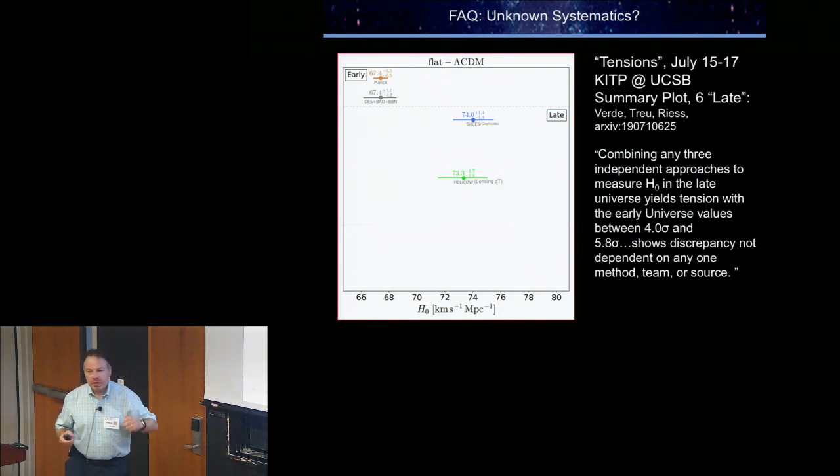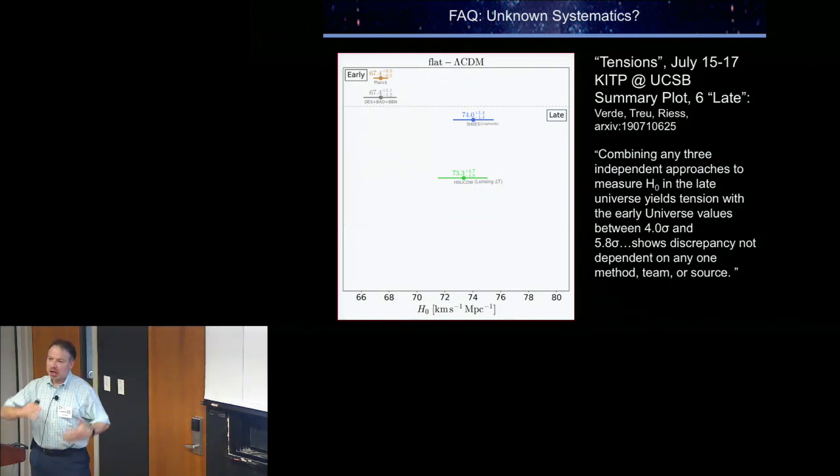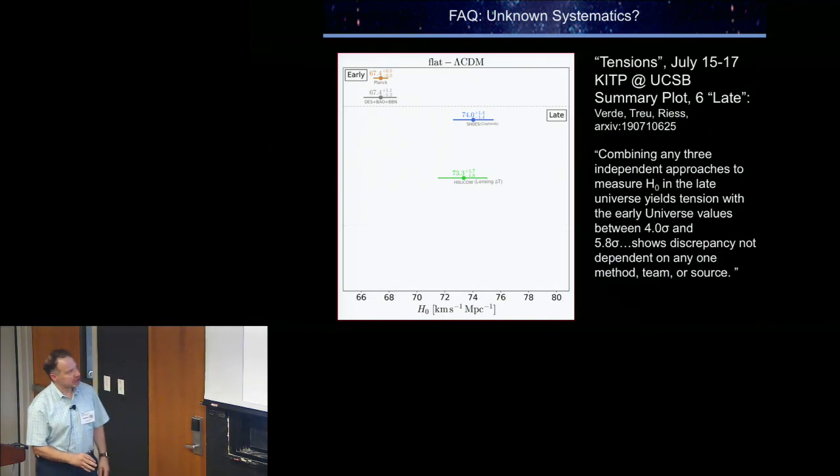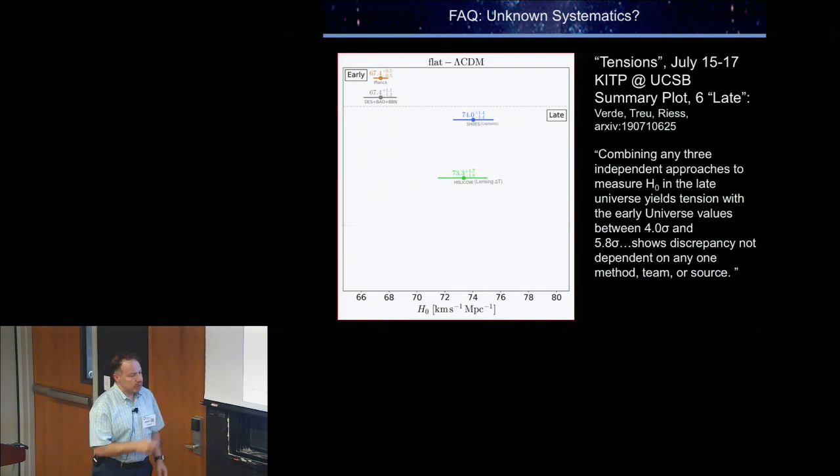Okay. The big one, right, is the unknown systematics. You've looked at everything I did and maybe everything looked okay, but gosh, I don't know. Something's got to be going wrong. This was the status as of a few weeks ago, okay? These are just two representative early universe measurements. Here was our measurement. And then 2 weeks ago, team H0LiCOW, which is measuring time delays in images of quasars with foreground mass,